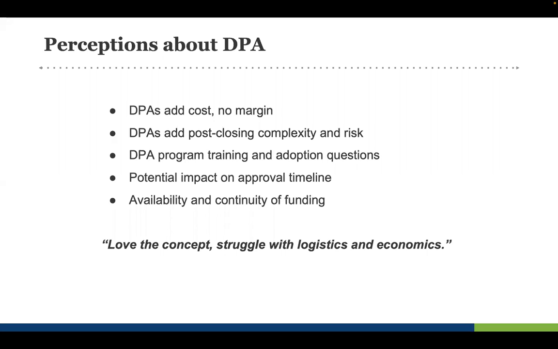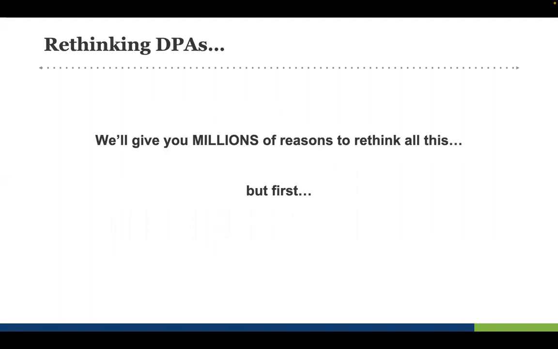The state housing finance agencies are essentially perpetually funded. So if you think about bond programs from the old days, if you had an experience where you had somebody in the pipeline and they were going to use the state program and it ran out of money halfway through, those days are gone. The state agencies don't operate like that anymore, and they'll tell you. Now, there are some seasonal local programs, but we track and monitor their funding status for you, so we can alleviate that concern. But generally, we hear a lot of this: we love the concept of DPA, but we struggle with the logistics and the economics. So we are going to ultimately, on this webinar, give you literally millions of reasons to rethink all of that.